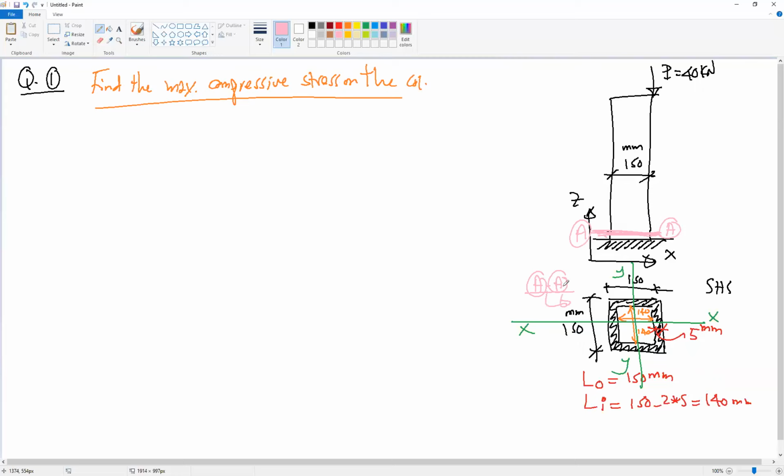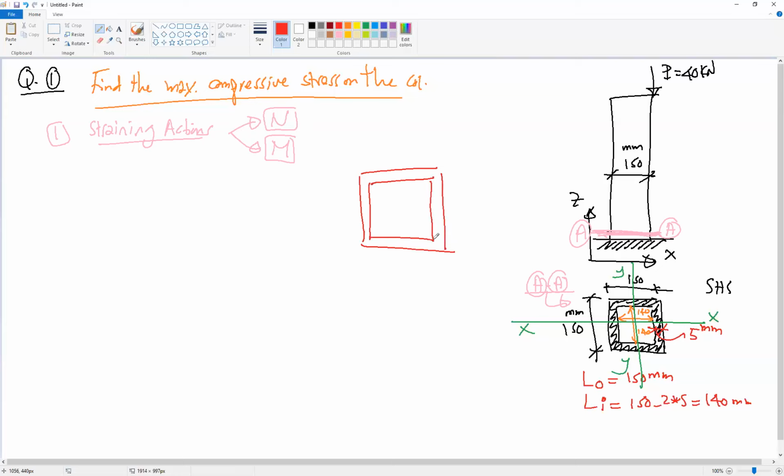Okay, so for this problem, the first step is to know what the straining action is, or what forces are applied on the column. So the straining actions for this column are normal force and moment. Okay, because if we look at the cross section,